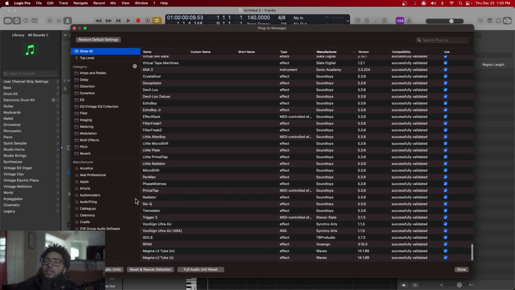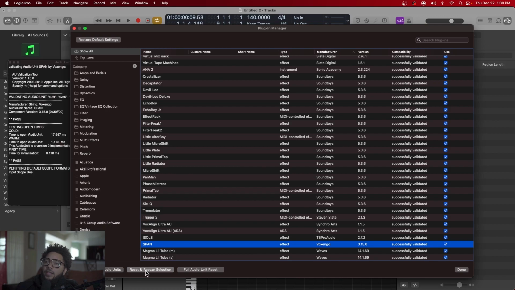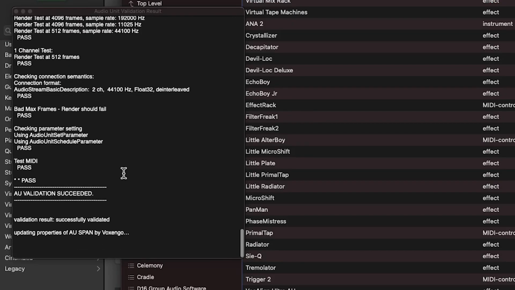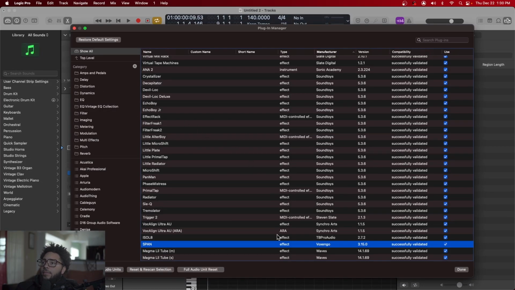Sometimes, let's see, we got the span that I just downloaded. Sometimes it'll be in here, it'll just be unchecked, and it'll say unsuccessfully validated instead of successfully validated. So what you could do in that case is just click the plugin, reset and rescan selection. And usually when you reset and rescan the plugin, it'll validate properly. There's probably just a hang up in the validation process. So click that, hit done,